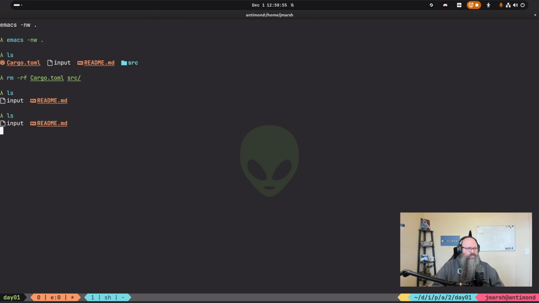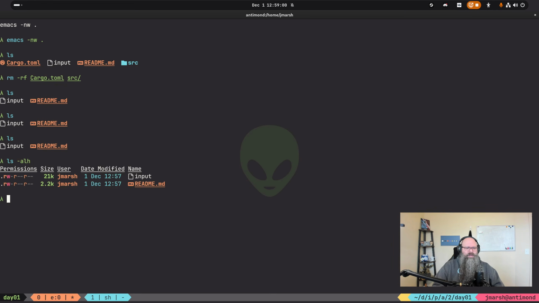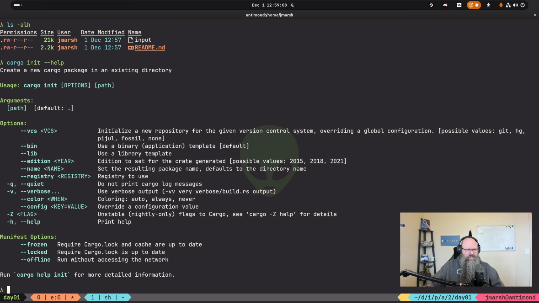We aren't even solving the problem and we're already doing stuff, right? I want to make this its own thing. So if I do cargo init, is there a way for me to force it to use a VCS?